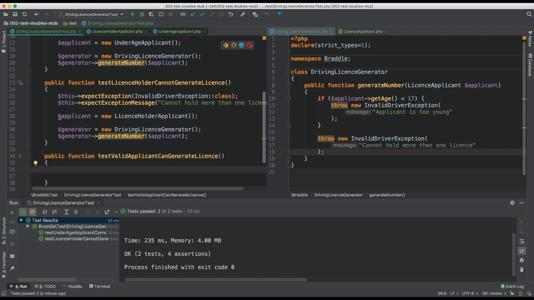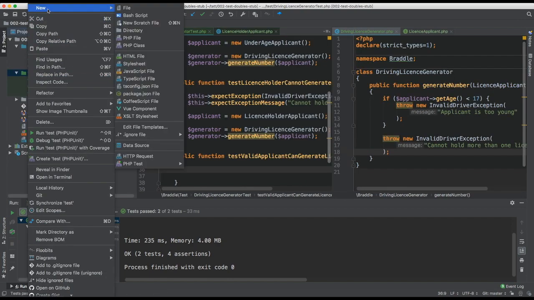So we now need a new stub that creates a valid license. So for today's example, we're not going to look at actually generating the license. We'll just look at kind of ensuring that the exception is not thrown for now. And then in the next episode, we'll start looking at license generation and a few other bits. So for now, we just need a new,